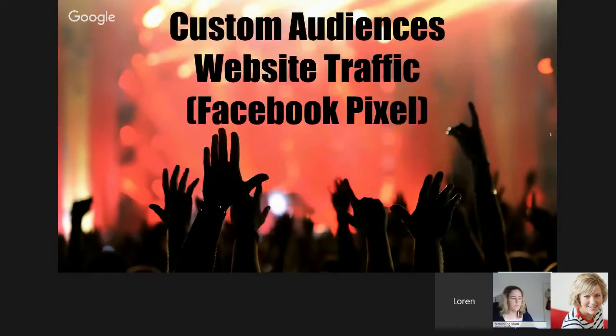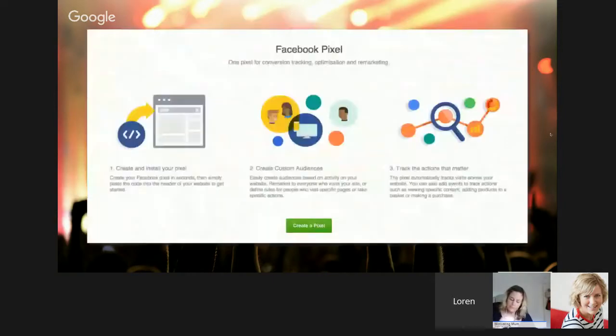Then another audience that we can use, which I think is a fantastic audience, and if you haven't done this, even if you're not intending to set up Facebook ads anytime soon, if you want to do this within the next 6 months, then do this now, and that is the website traffic audience. Facebook provides you with a pixel which you upload to your website, and then it's going to track all those people that visit your website that were logged into Facebook at the time, and that's an audience that you can run your ads to.